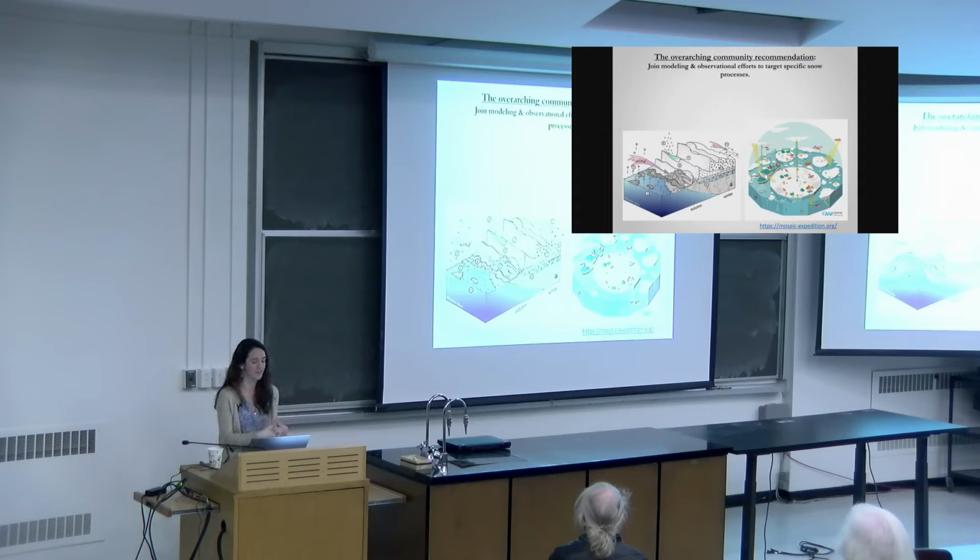progress on these processes. And a really valuable way to do this is to use schematics like this complicated figure, and isolate different processes as a roadmap for low-hanging fruit. So we really don't know how important each of these processes are. We think they're pretty important. We've surveyed a lot of snow on sea ice experts, but we don't know how important they are on a climate scale. If one of these processes goes away, will it have a ripple effect on the conditions in the Arctic or the Antarctic? So there are ways that we can integrate modeling and observational work,